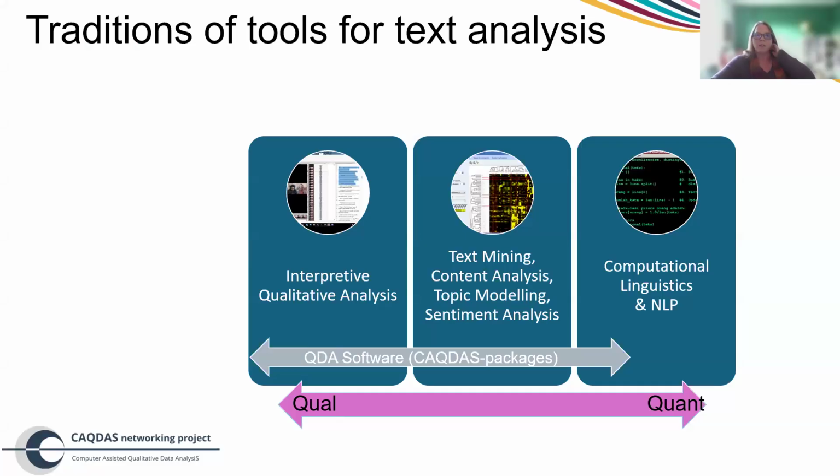But I want to start off thinking a little bit about traditions of tools for the analysis of text. Text, of course, is only one form of qualitative data, but it's a very commonly used form, whether it's transcripts of interviews, focus groups, or any other kind of textual material. And I think it's worth really thinking about the tools that we're now seeing come into our space in the context of traditions of tools more generally, because we've had tools that can help us analyze text and also other forms of qualitative data, visual materials, for a long time.